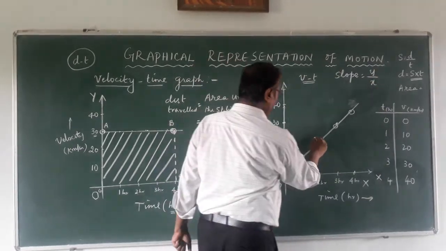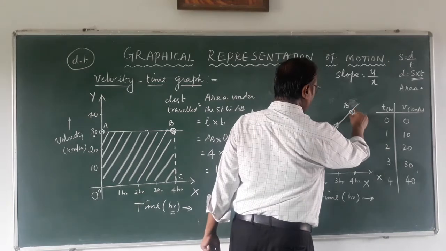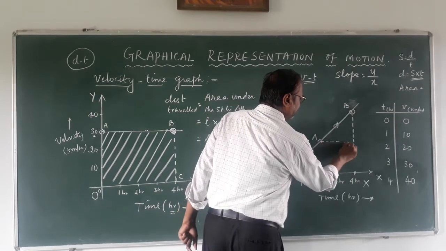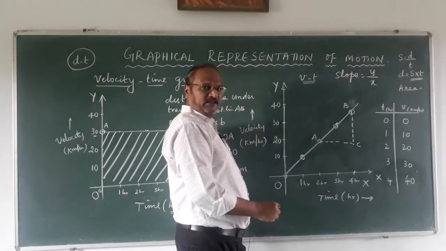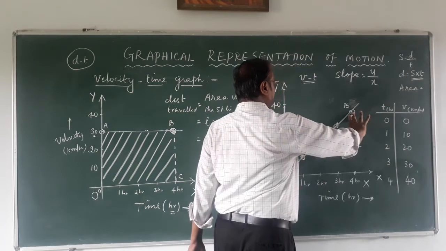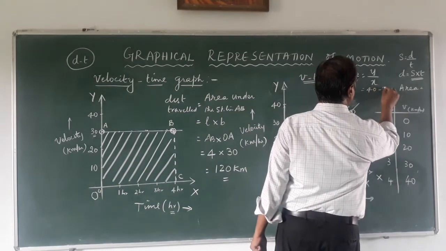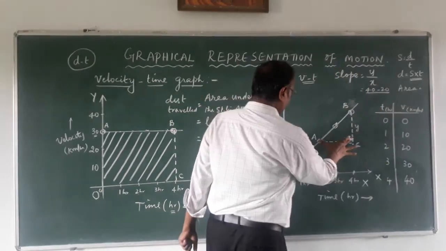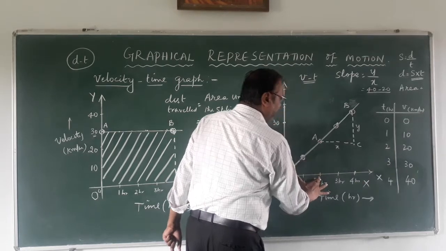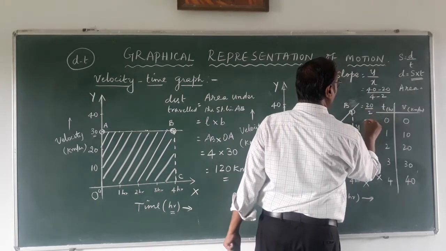So let me choose 2 points. Let me take this point A and let me take this point as B. Let us drop a perpendicular to the x-axis and let us drop a perpendicular to the y-axis. Let us say this point is C, right? Now this is y value and this is x value. Now what is y value? BC. BC stands for 40, so we will write here 40 minus 20, divided by the x value, that is AC. C is 4, A is 2, so 4 minus 2, that is equal to 20 divided by 2, which is equal to